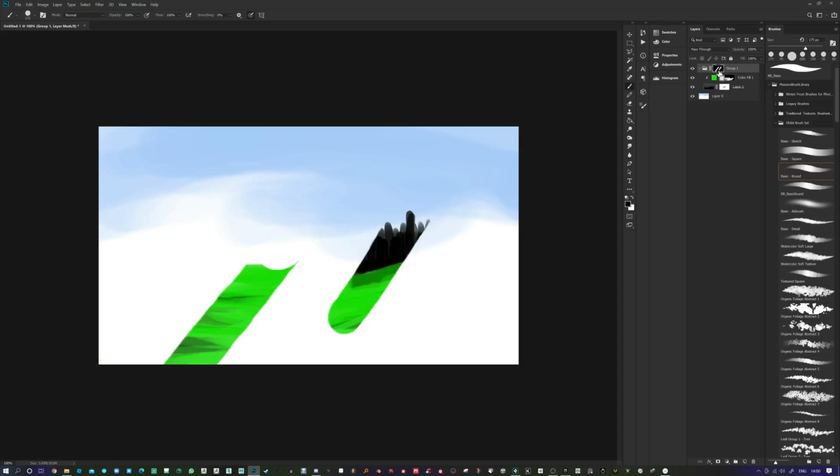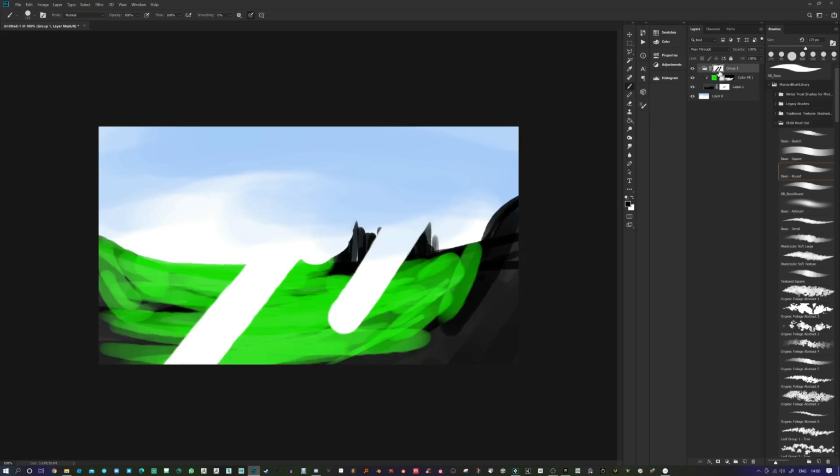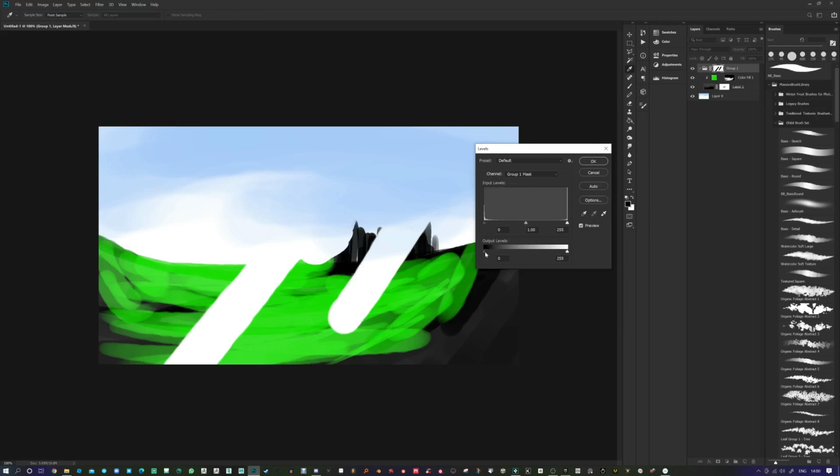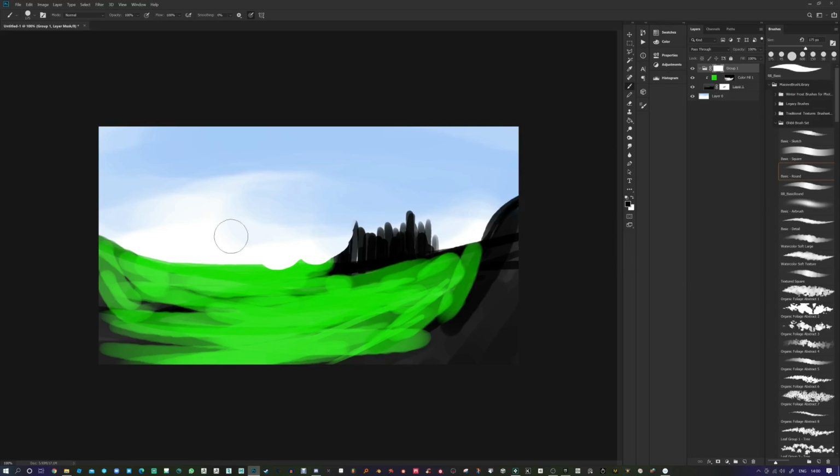I can invert that as well so you can see what's going on, and that's quite useful for putting a title or something on this. Again, you could use clipping masks to some degree, but let's say I wanted to bring in a title. I'm just going to use Control L to bring all this back to white. So levels adjustment we're going to talk about soon, but they're really handy. So let's say I have a title here,